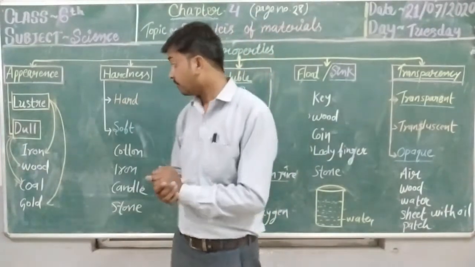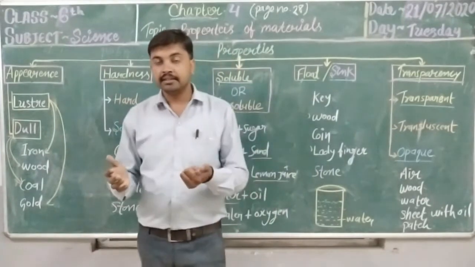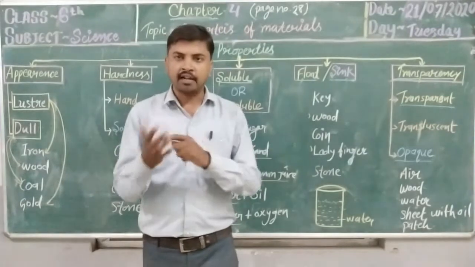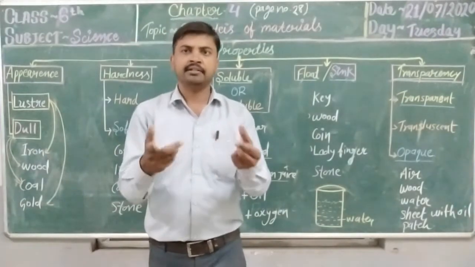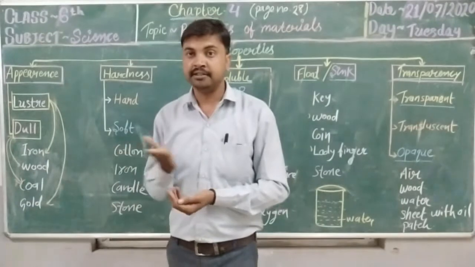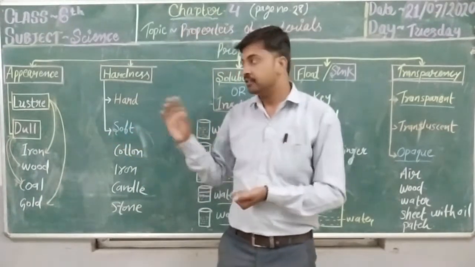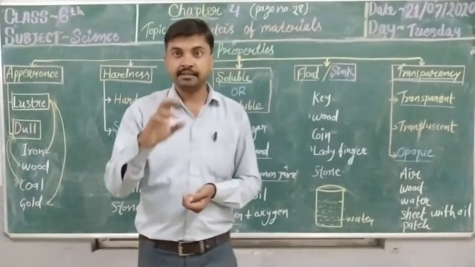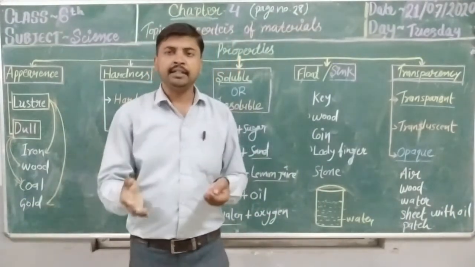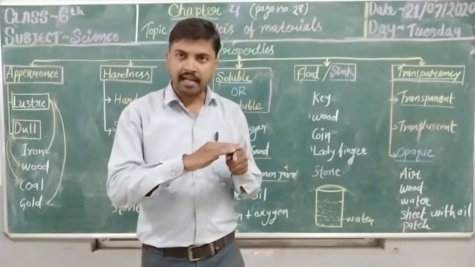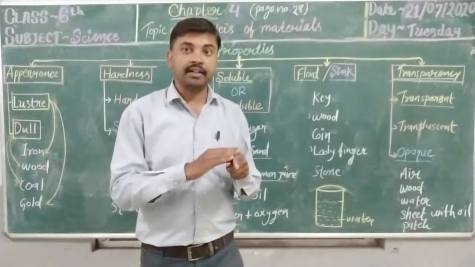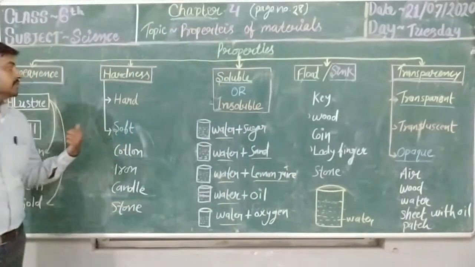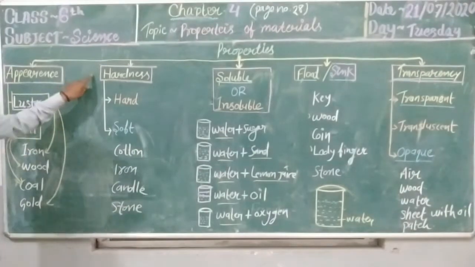We already discussed that in many cases iron does not show the shining property, so we cut it and look at the fresh cut surface, and from this surface we can say that iron shows the shining property. Instead of cutting, we can also rub the surface of iron with sandpaper, and after rubbing, the metal also shows luster. Then let's come to the next point, hardness.